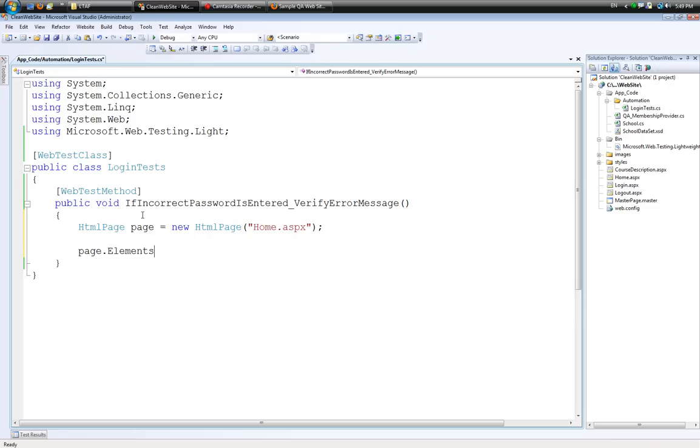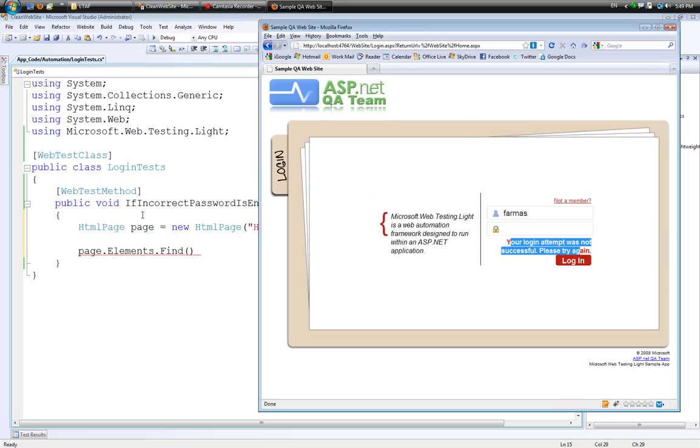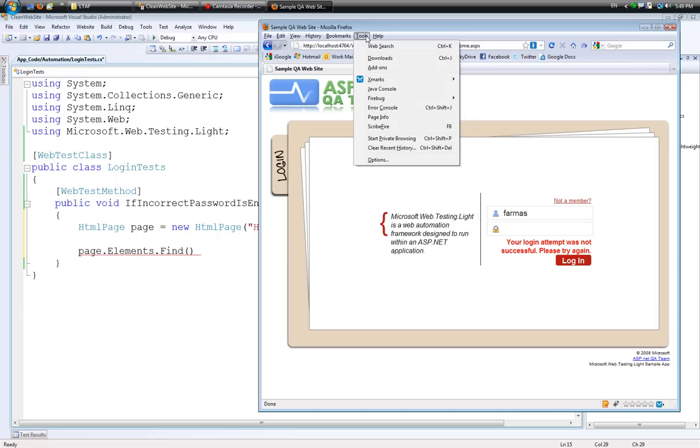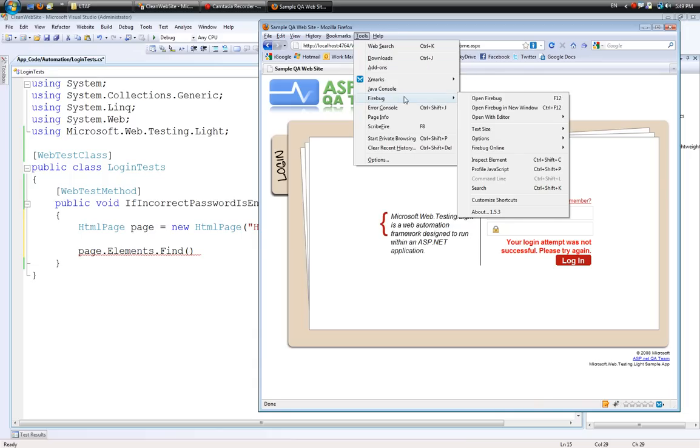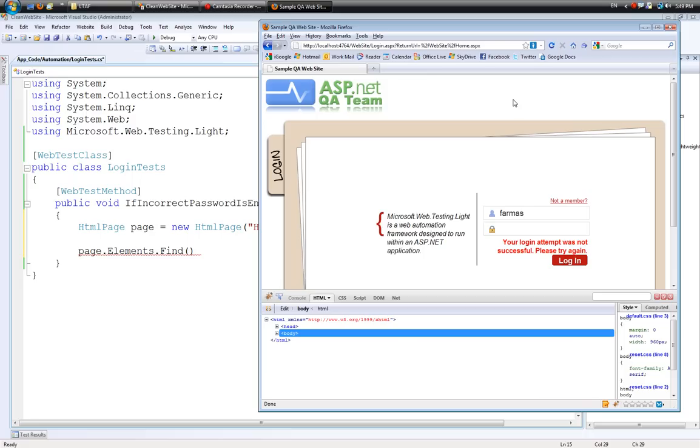So in this case we can reference all of the elements of the page, and we need to find it. We hit a little stumbling block because there are many elements on this page and it's sometimes difficult to get a hold of one. In this example, I'm going to be using IDs. So I need to figure out what the ID is on the client. I'm going to open Firebug in this case just to get